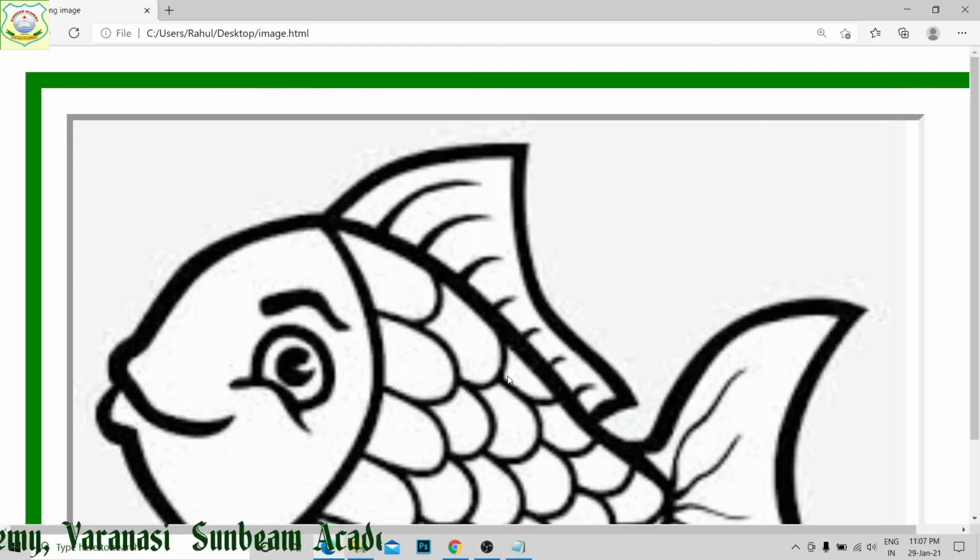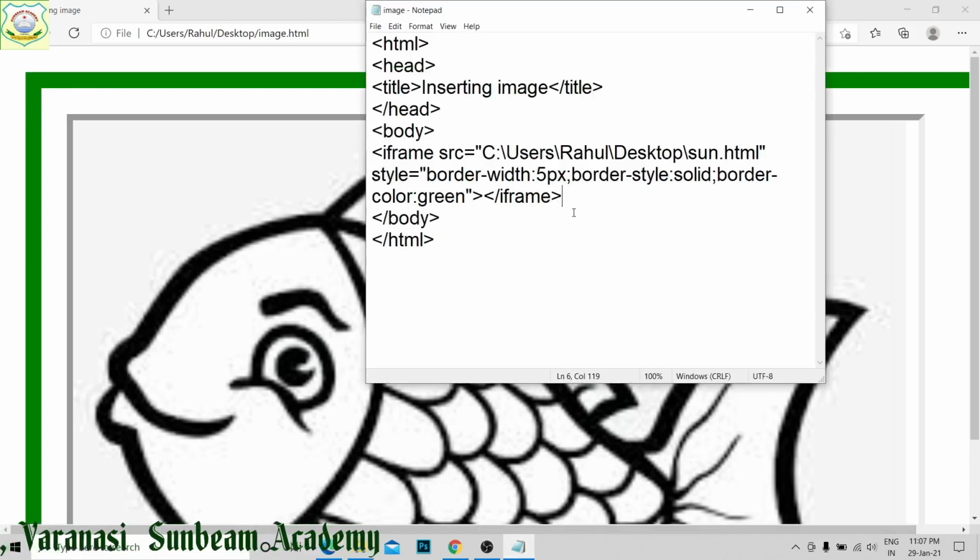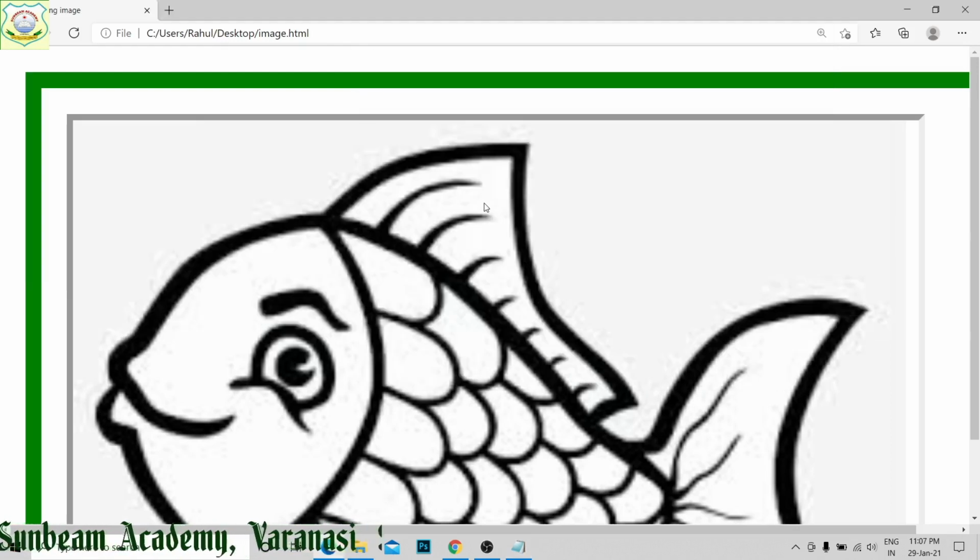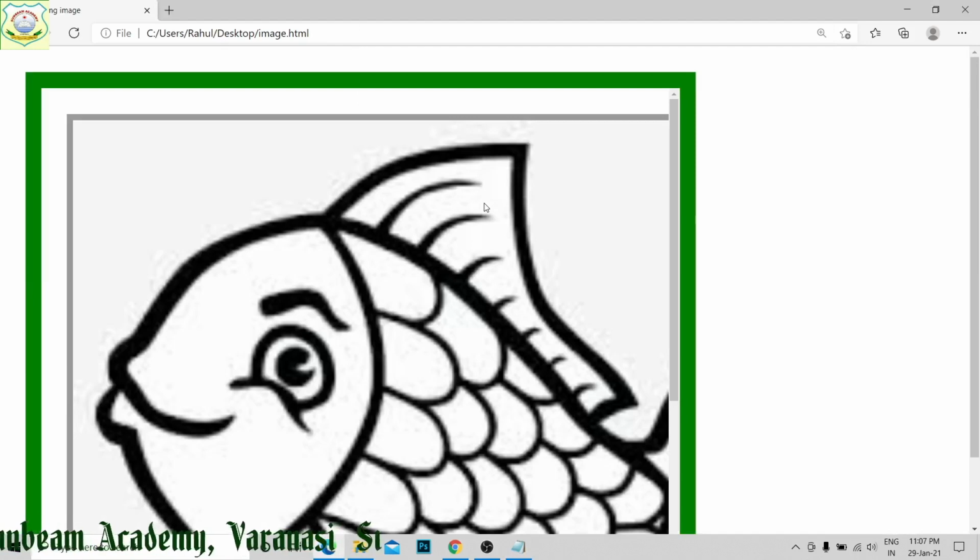Width and height I have not given, green color border I have got. Suppose its width and height I am going to define, then what to do, I am going to write width equal to 200. Save it and run it. It has decreased.